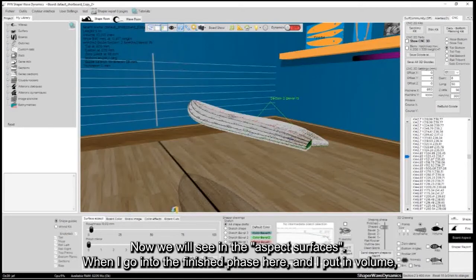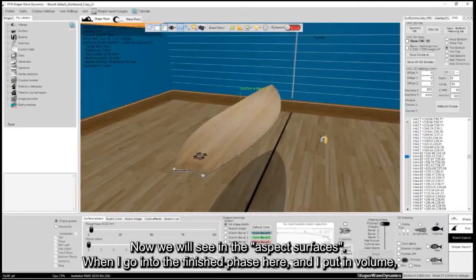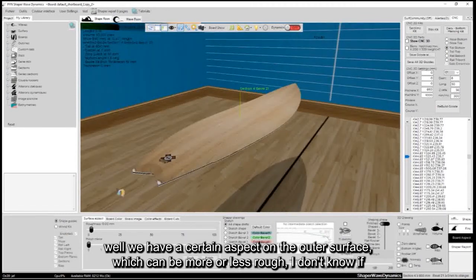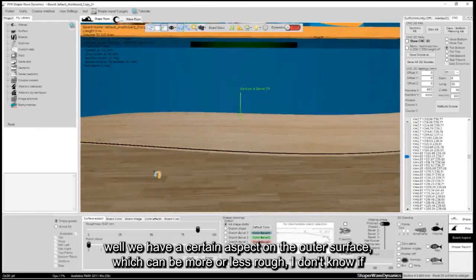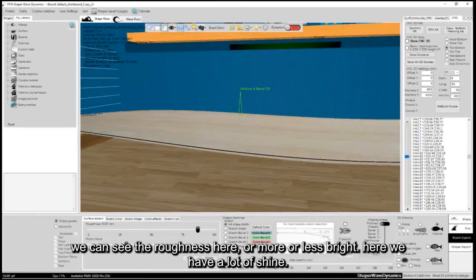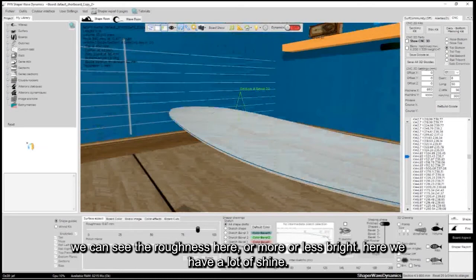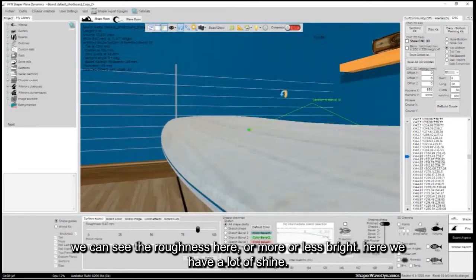Now we will see the aspect surfaces. When I go into the finished phase here, and I put in volume, we have a certain aspect on the outer surface, which can be more or less rough. I don't know if we can see the roughness here, or more or less bright. Here we have a lot of shine.